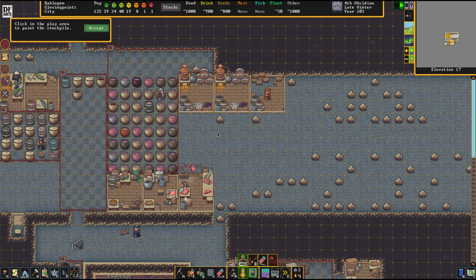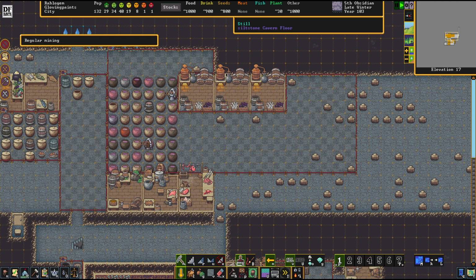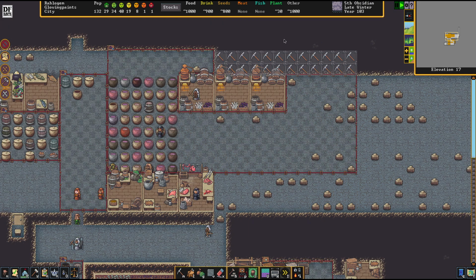As you see here, I'm building up more and more stills now. I'm surrounding them with drink stockpiles. I think 3 of them should be enough. We can see how that'll go in the future. But for now, generally, by the way, if you have an